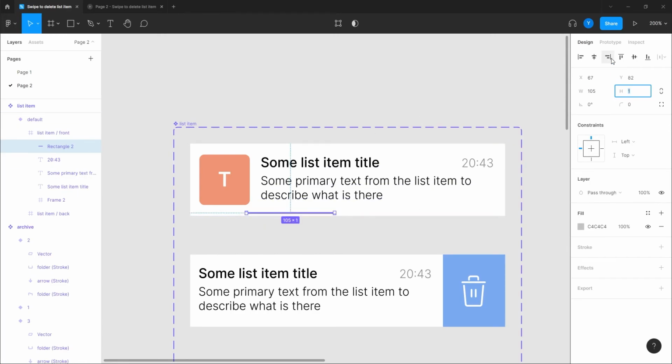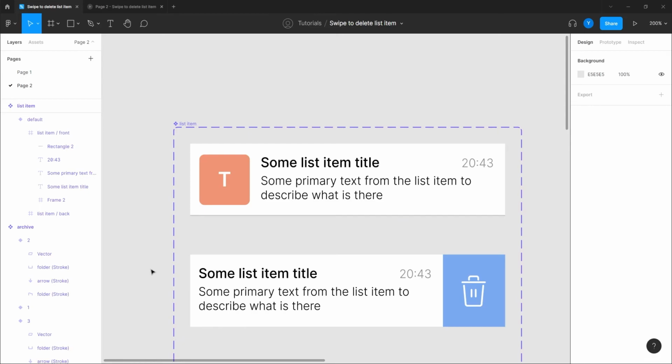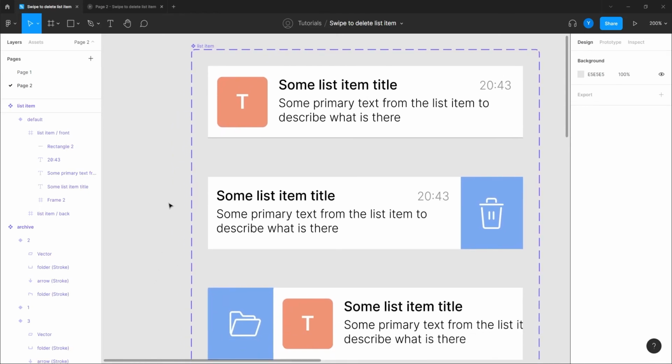Okay, so I can do something like that, give it a width of 375, align it properly, and I can have it like so. To be actually super precise, I have to make it 1 pixel higher. But that's okay.